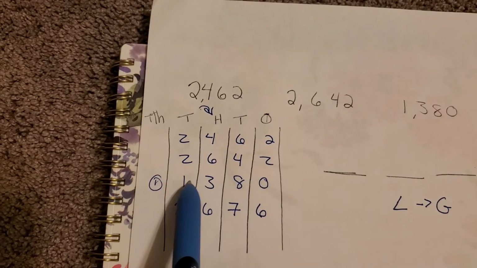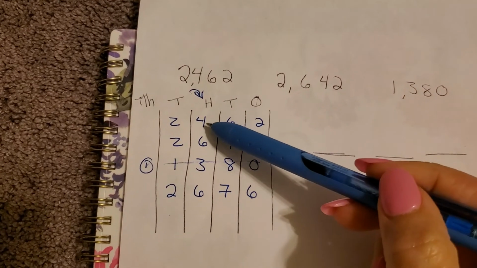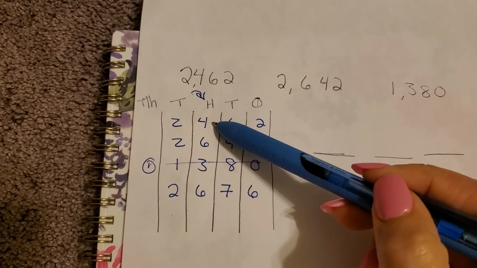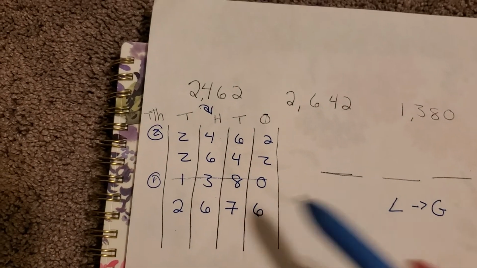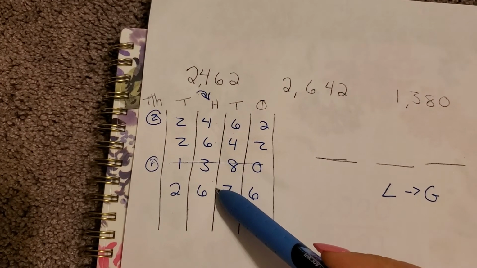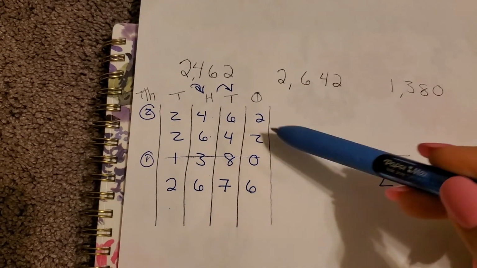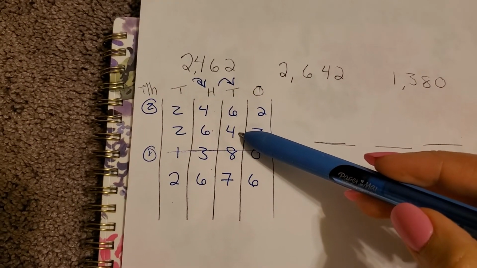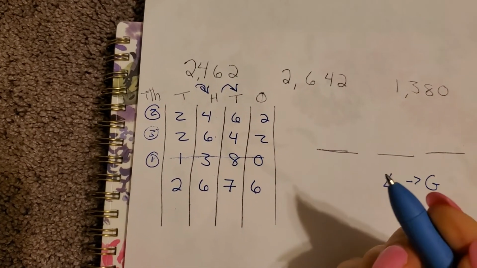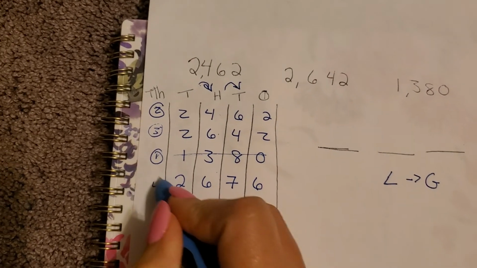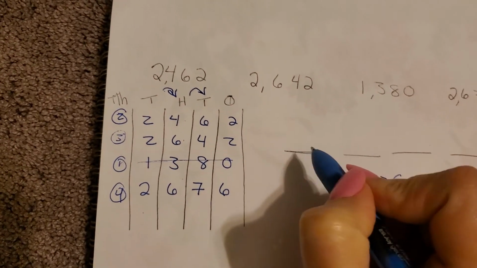I'm just going to draw a little bit of a faint line through this number so it's a little bit easier to tell it apart. I have a 4, a 6, and a 6. Well, I know that 4 is less than 6. This is my number 2 number. Okay, I have a 6 and a 6. So my next step is to go to the next place value, which is in the tens. I know that 4 is less than 7. So this is going to be my third position. And that leaves me with the last one. Now that I have everything in place, I can go ahead and put them all in order